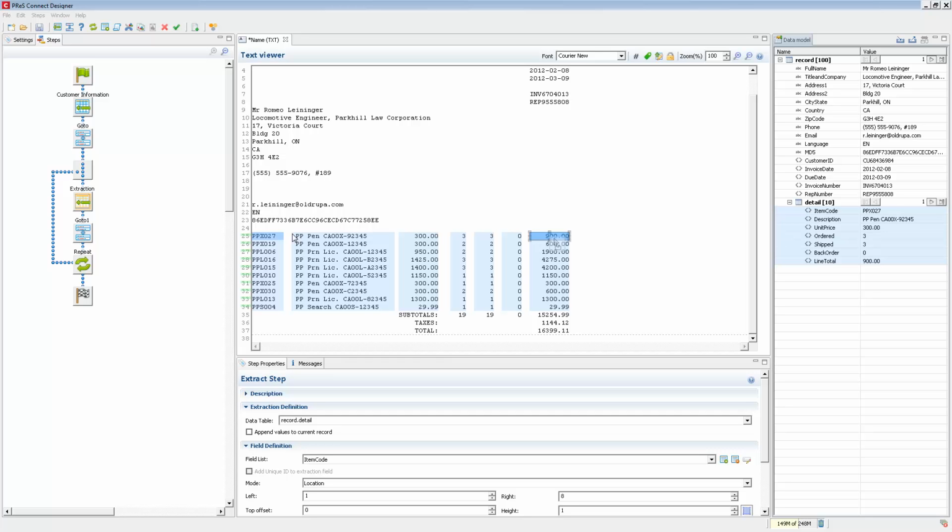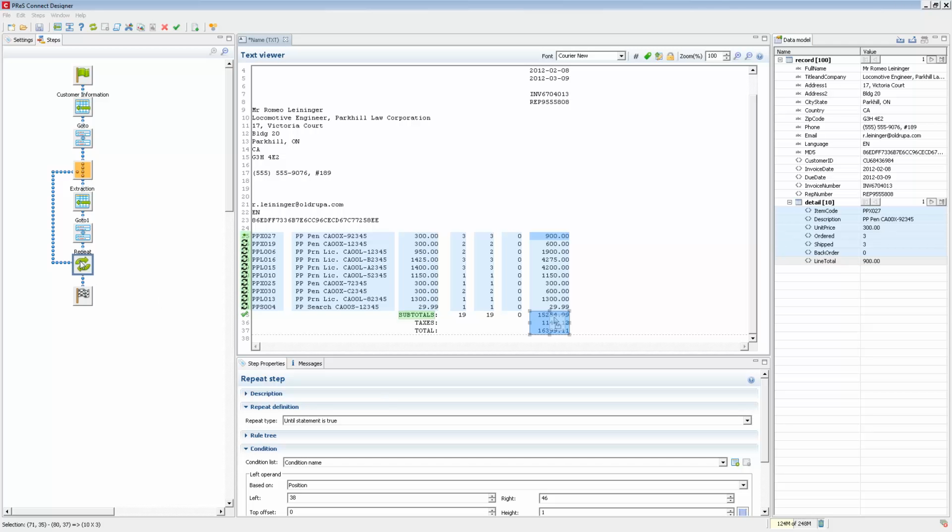So when it gets to the end of the repeat, it will be at the last detail line, always. So if we select the subtotals, and once my selection is done, I can simply add it to my record. Make sure we're actually at the end of the repeat, so after the repeat by selecting it,